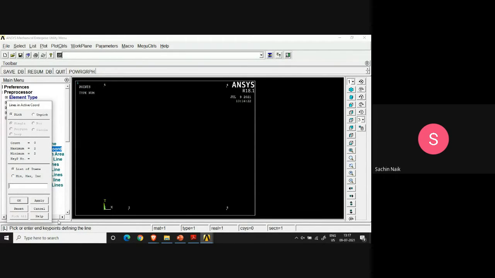We have to now connect these key points one after another so that the lines can be constructed between them. I have chosen the first key point, then the second key point. See, the line is established. You can do that in continuation. The third key point.